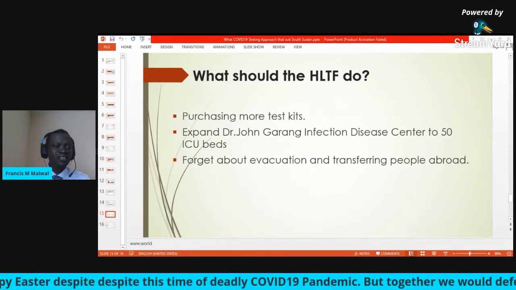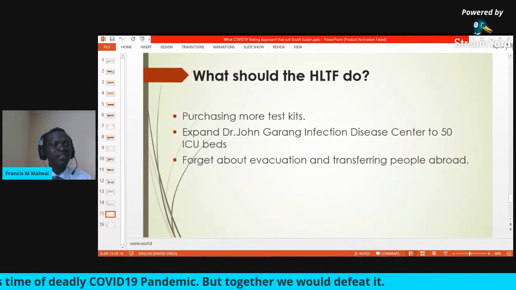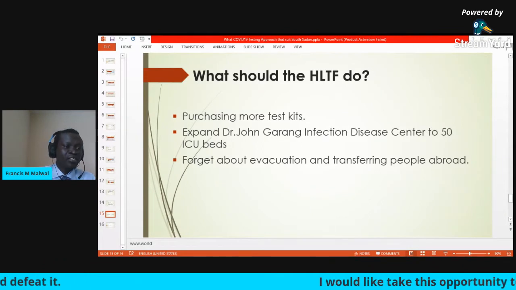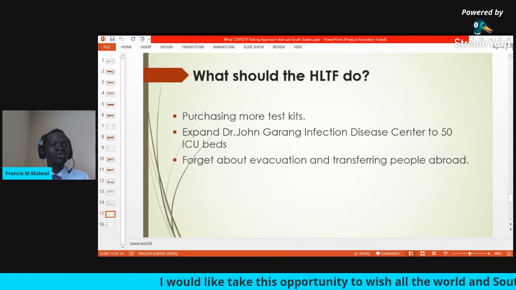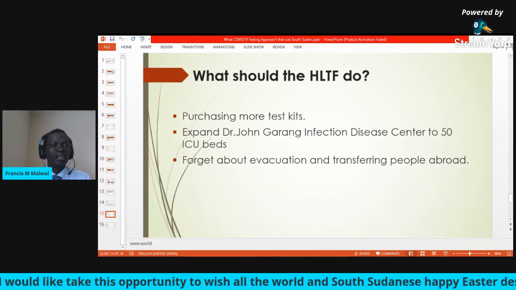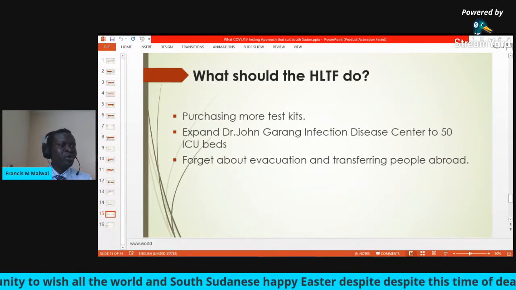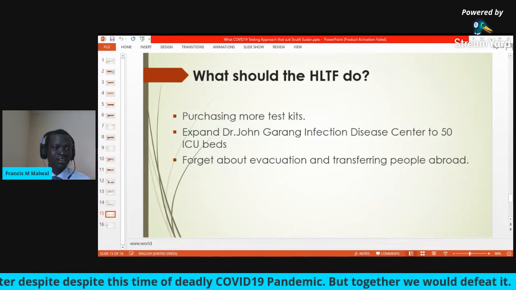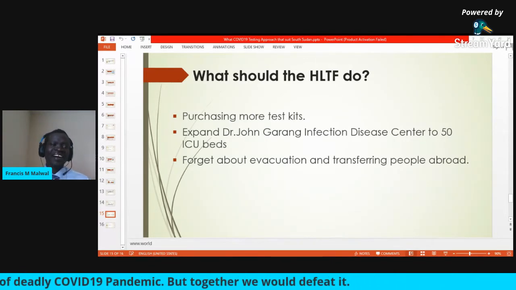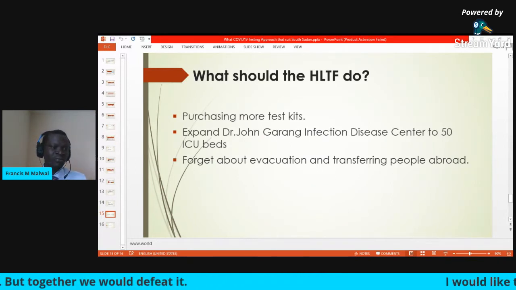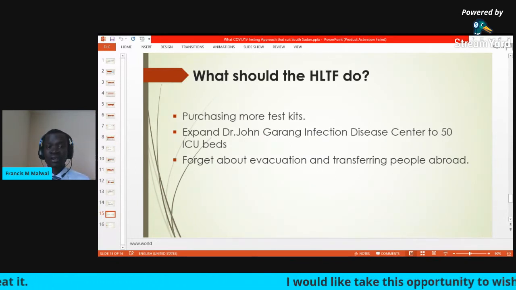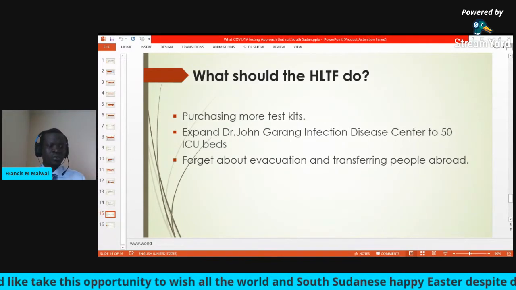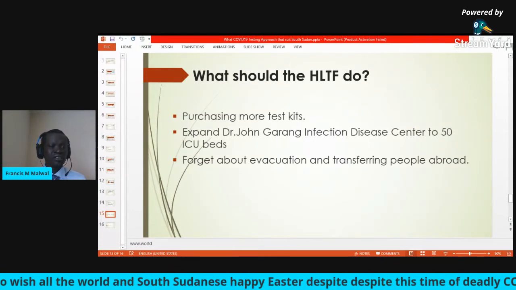So what we need, they need to invest everything possible in establishing those ICUs within the country, and they should mobilize more medical personnel and train them. I think they would be able to fight this coronavirus and defeat it. But if you just keep thinking of withdrawal, then at any time Kenya may decide otherwise, because the cases in Kenya are also going up, and if they reach the threshold, who do you think